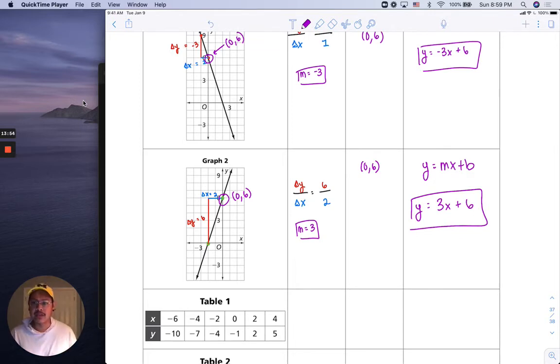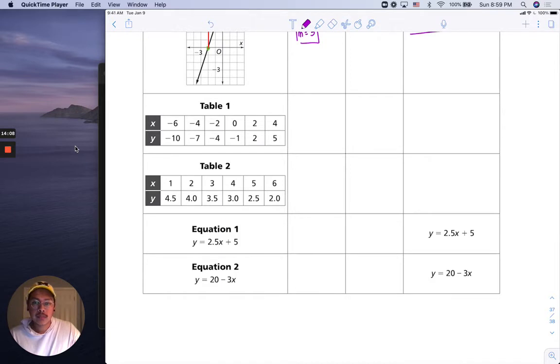It looks kind of familiar. Kind of looks similar to the first one. We'll talk about this next lesson. Anyway, let's keep going. We got to talk about tables. Alrighty, so tables